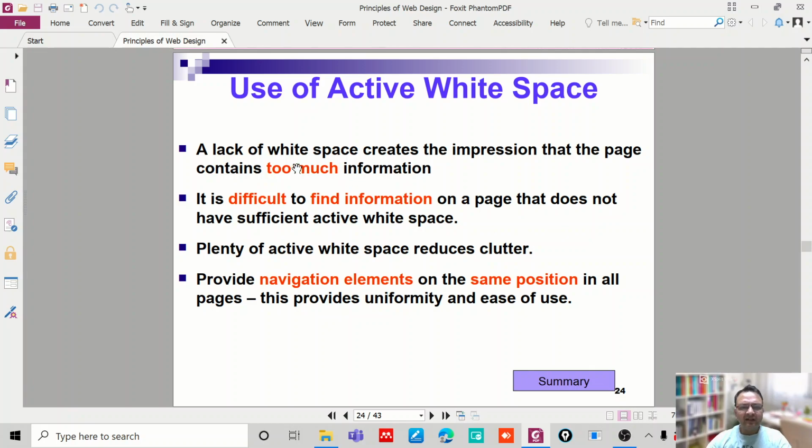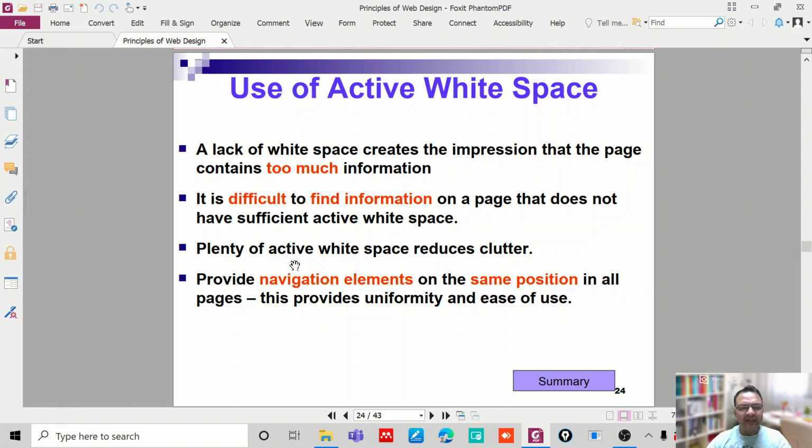If there are fewer white spaces, it gives the impression that the web page contains too much information and it becomes difficult to read or understand sometimes. It is difficult to find information on a page that does not have sufficient active white spaces because the gap between the content on a web page is very small, and that creates a problem for the user.